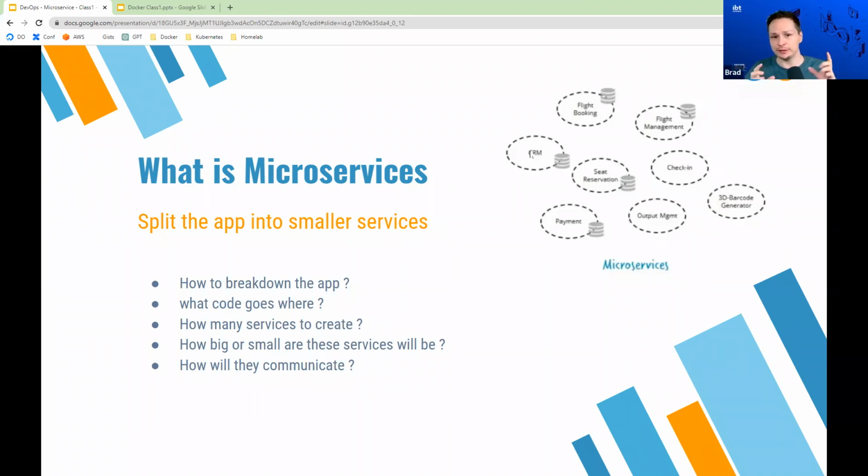With a monolithic application, everything's basically stuffed into the same server, and it's much easier to have the communication work on the same server running the single binary than it is to have all these different servers running different microservices, all talking to each other. So that's where the complexity comes in with microservices.